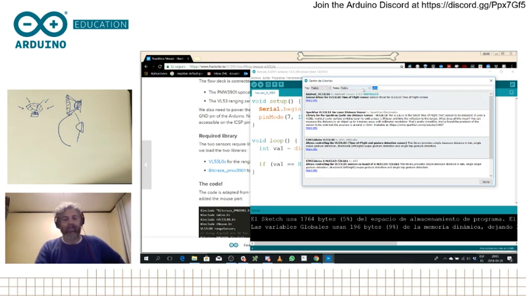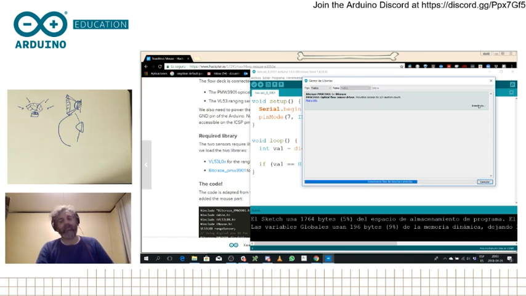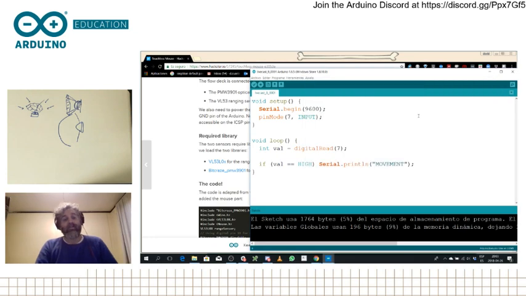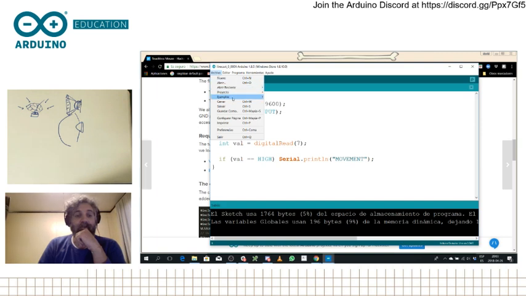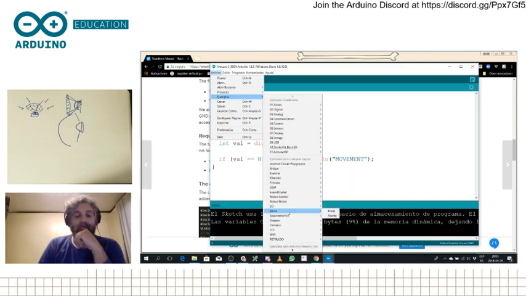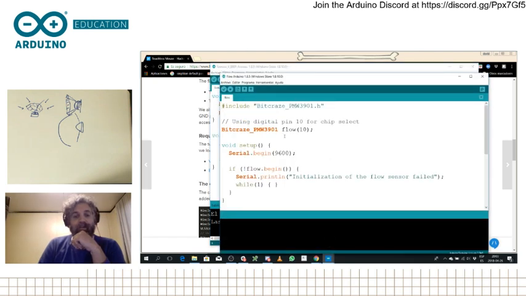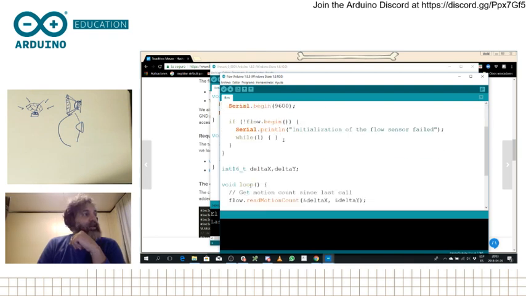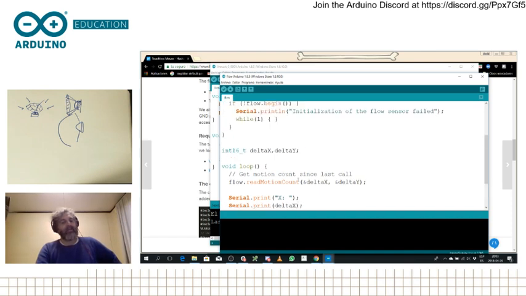And the other one we need to install is the Bitcraze. So I will just type here Bitcraze, and it shows up: optical flow sensor, access to XY motion count. Install, and close. So the moment I have installed these, there are actually examples that I could open. If I look at the examples of the library, you see there is an Adafruit library down here, and it has a couple of examples, and there's the Bitcraze flow example here, which is much more complete. And this flow example is going to be reading delta X and delta Y and sending the information, so we can check that it works.